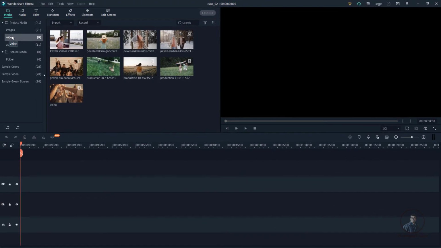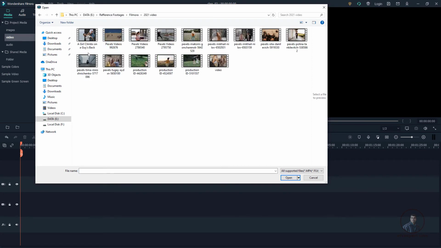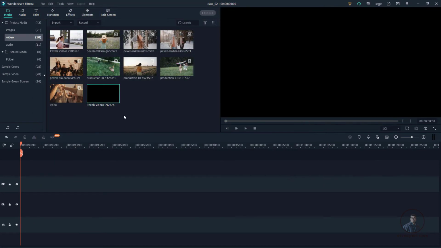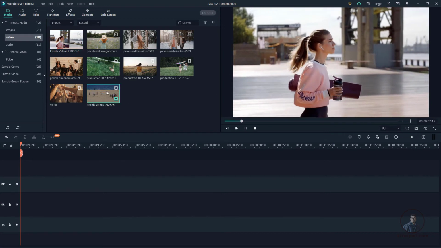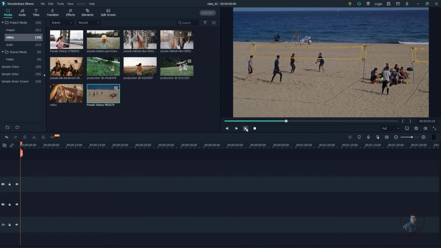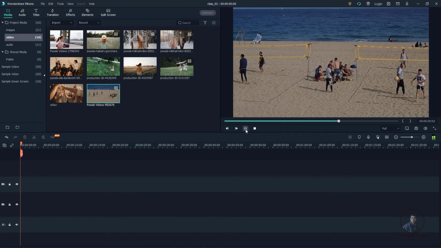So now here I am inside our video folder, and if you want to add more videos, then inside this folder you can right click and simply click on import, and you can select your folder. So now select this one. Like this you can add many videos to your folder. Then suppose you double click here, it will display your video preview like this. Again just click here. If your video has voice, then it will also come here. So here you can see some music or voice.